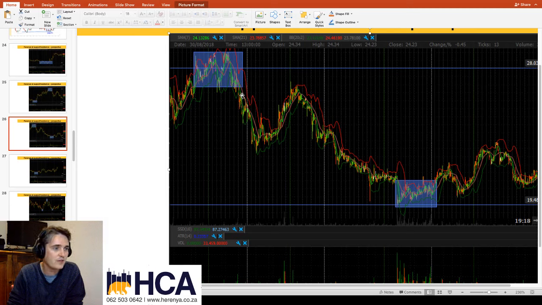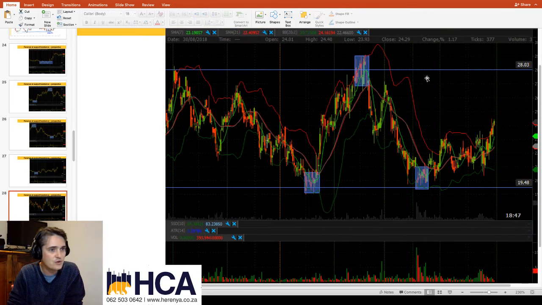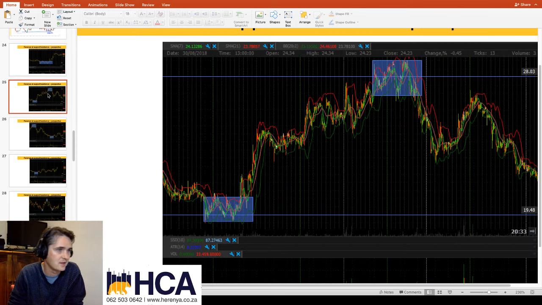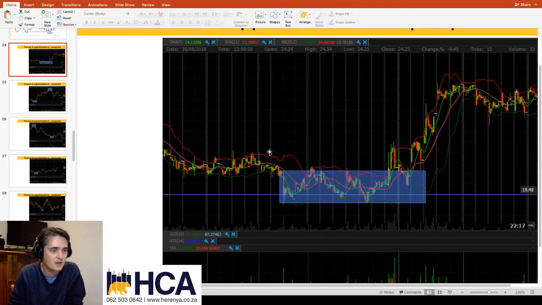So now you have a situation where your reward is that entire move of the daily range all the way down, but your risk is only the move of the hourly range or consolidation that it's traded. So that gives you a fantastic risk reward. You're risking 1 to make like 4 or 3.5 or whatever the case is, right? And then these are just some examples of how you look at it.